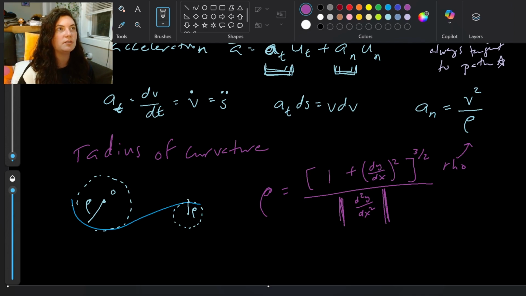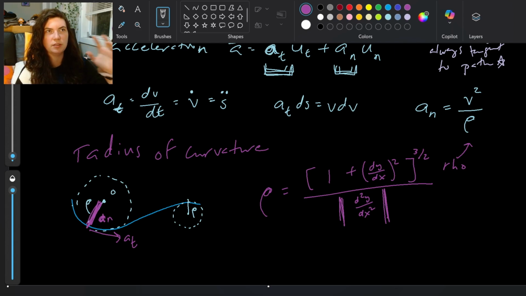So what this radius of curvature does is help us put it in the normal direction, right? This radius of curvature essentially reroutes some of that velocity, some of that relationship there, so that this is in the normal direction, not the tangent. This is our a_t, but what we want is a relationship in our normal direction. So let's go ahead and practice finding this radius of curvature first,